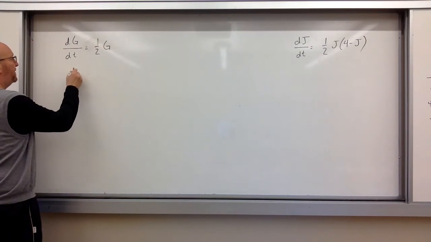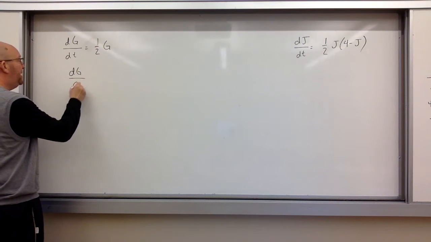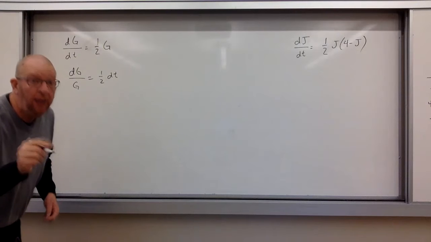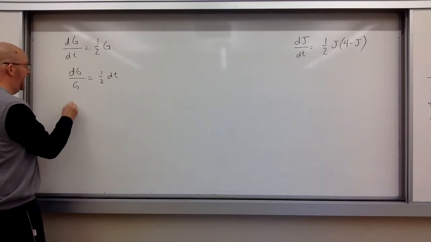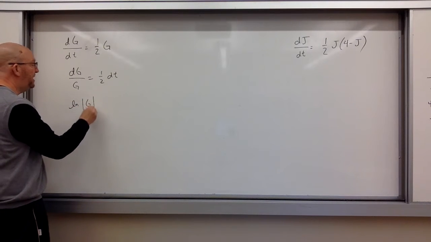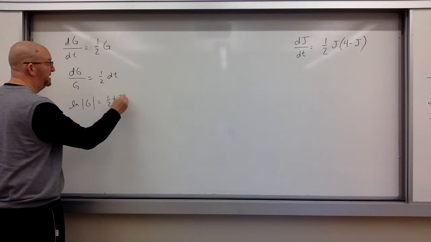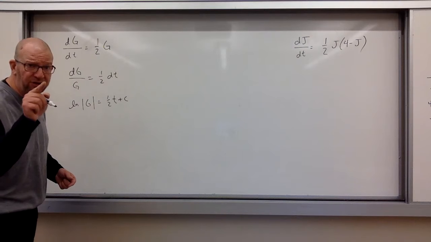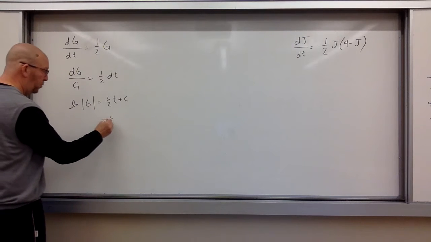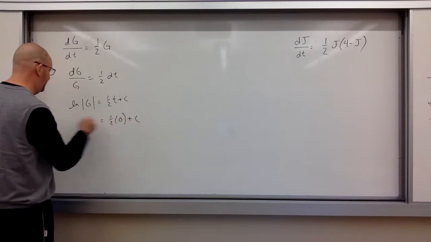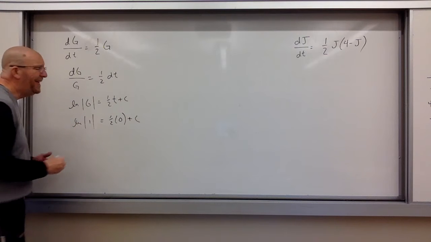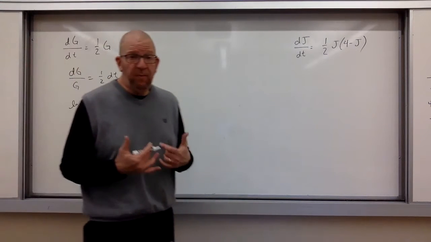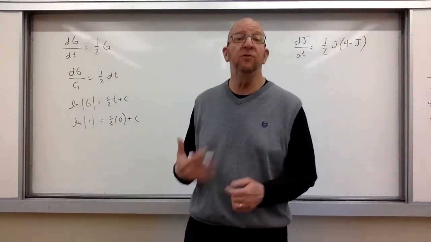With the first one, we've got dg over g equals 1/2 dt. There's my separate point. How about an integrate point? Natural log absolute value g equals 1/2 t plus c. There's your integrate point. How about using the initial condition? Remember, (0, 1). Natural log 1 equals 1/2 times 0 plus c. That's it. Okay? So at this point, on a typical AP exam, you'd stop and go on and do the